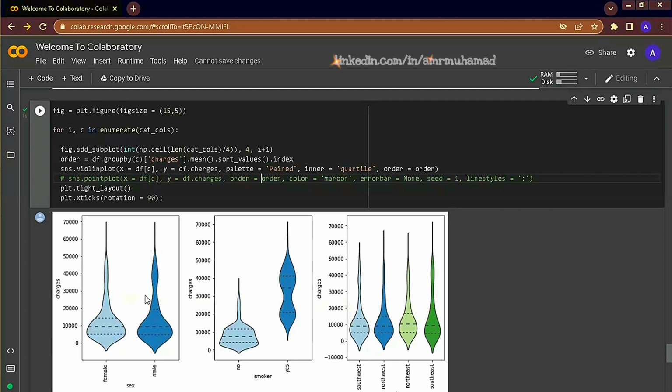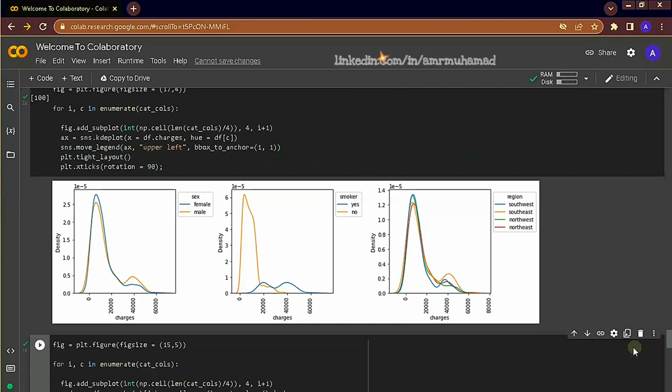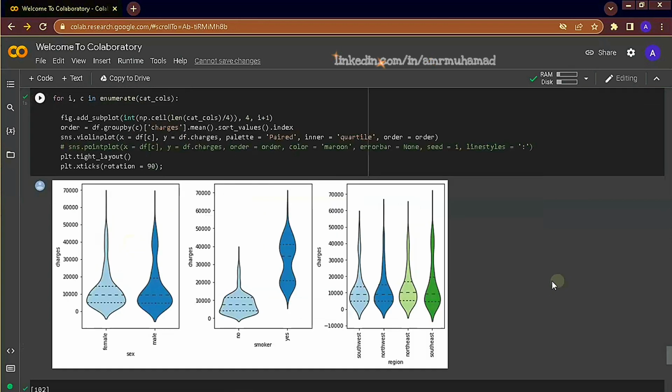These are violin plots, and violin plots are a nice way to visualize the distribution of a given numeric value categorized by a specific category. For example, we have seen earlier in the KDE plot that charges is not affected by the gender category, and here we can see this happening also. If you remember from earlier, charges is positively skewed, so most of the values are within this 10K region.